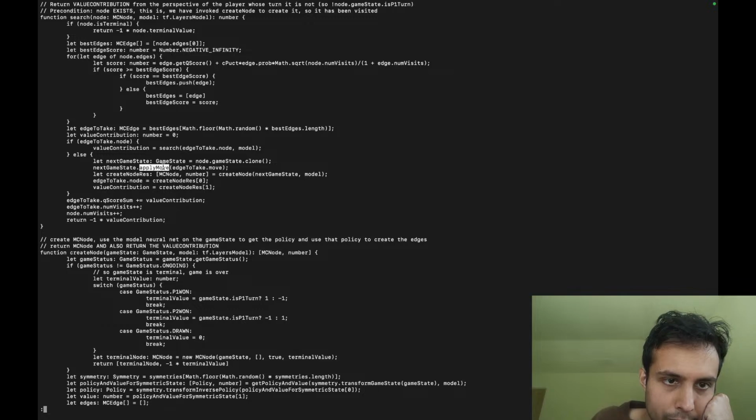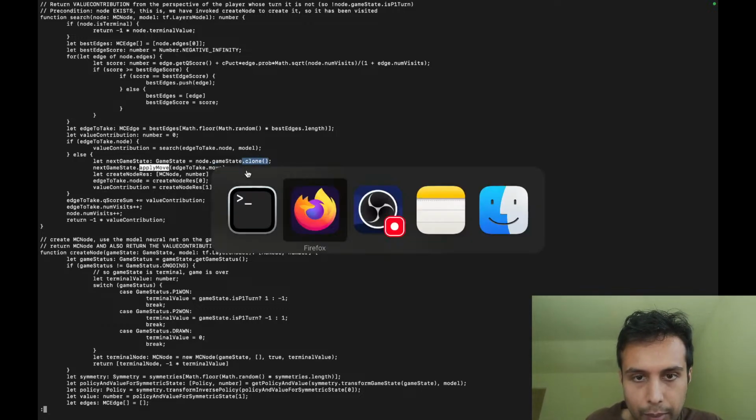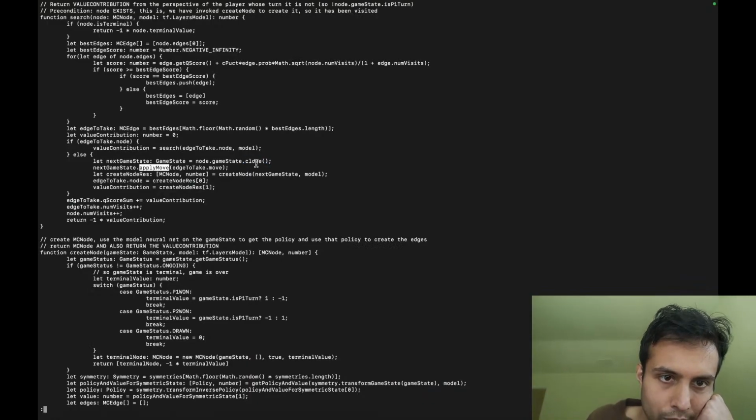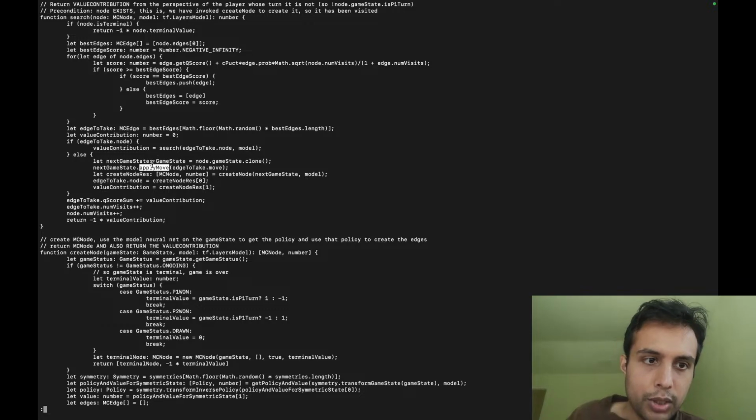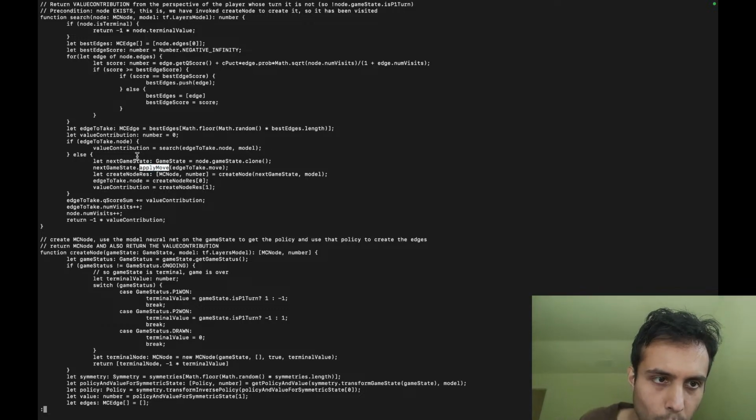Then what we do is basically the next game state. What it's doing here is it's cloning the game state, right? So I'm saying that we're already doing a clone. So apply move doing a clone would be super redundant. So what I want to do is pass in what we have cloned, so that we can put it in there and set that as a back pointer to what we've passed in.